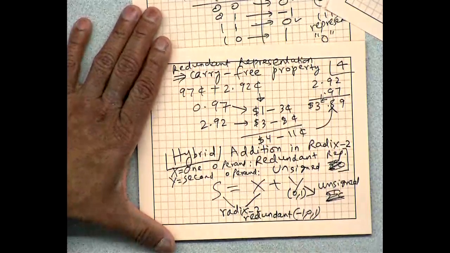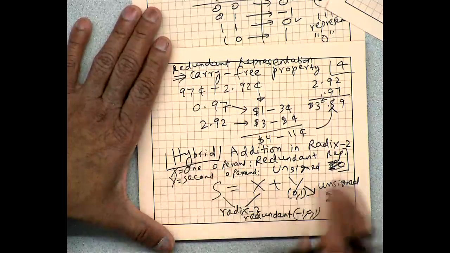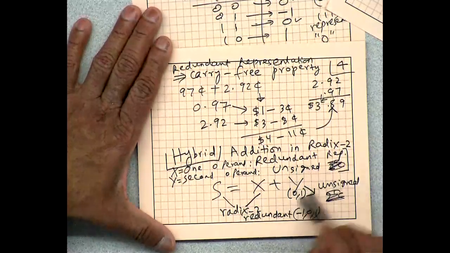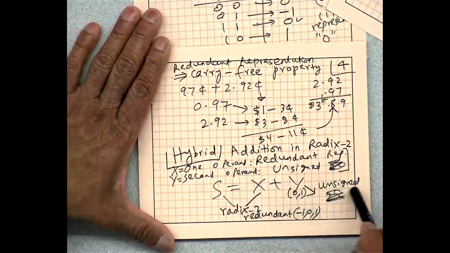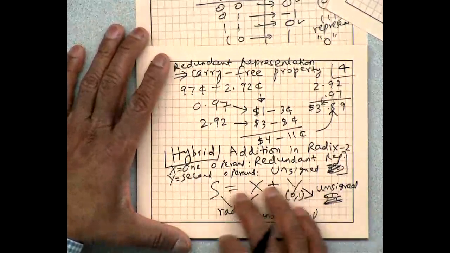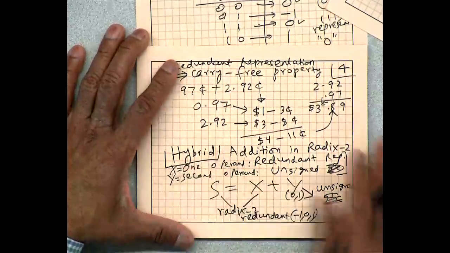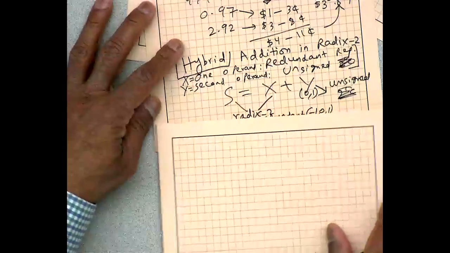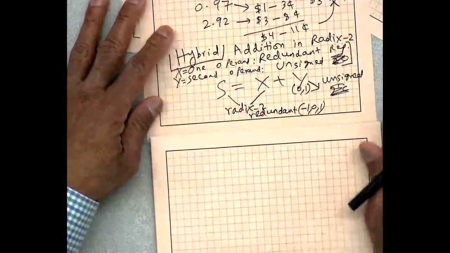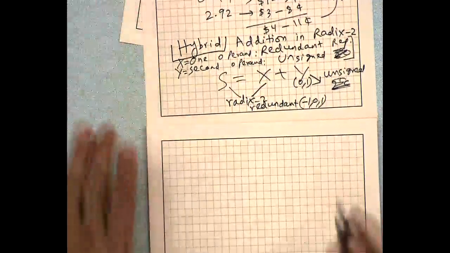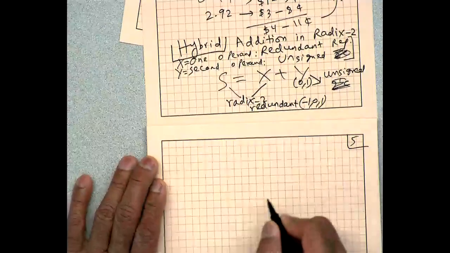Okay. So that's called hybrid because one operand and the resulting sum are in redundant representation, whereas another operand is in unsigned representation, because of two different types of representations in the same add computation. We call that hybrid. So hybrid addition means we want to add x and y. X is in redundant representation and y is in unsigned representation. Okay, all right. So let's think about how we might add these